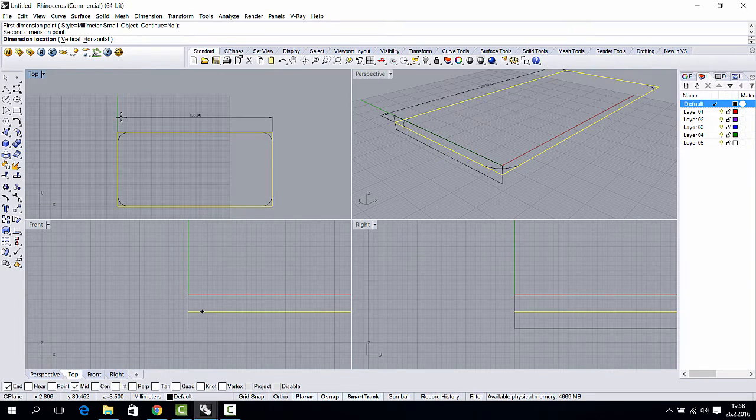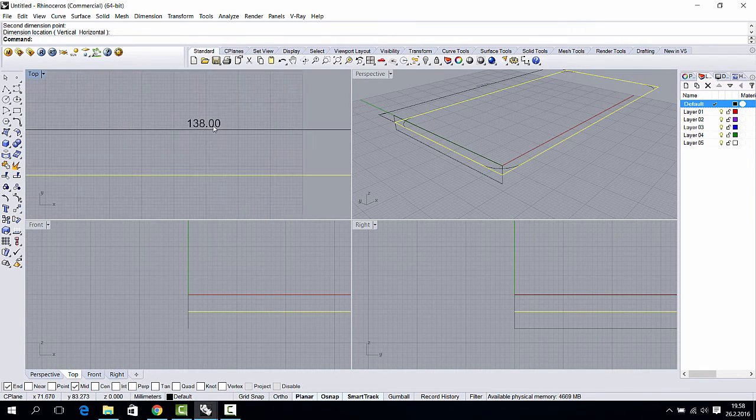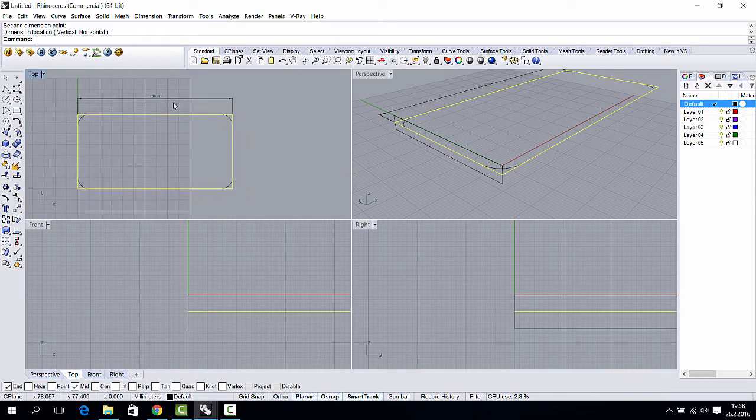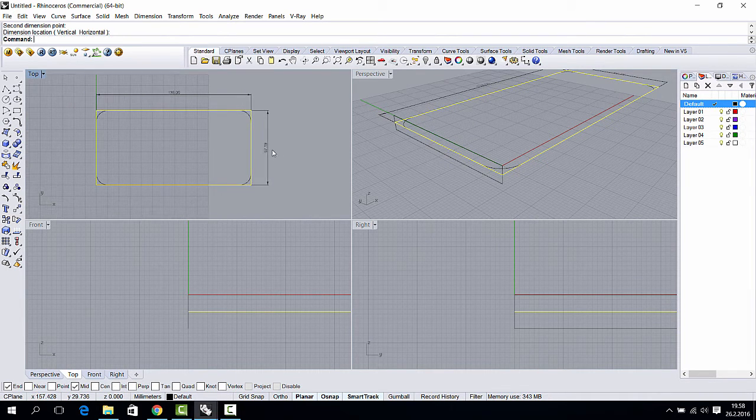So the length is 138 millimeters, and the width is 138 millimeters, and the height is a little bit weird,